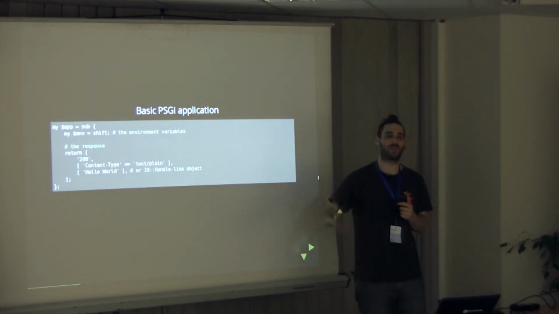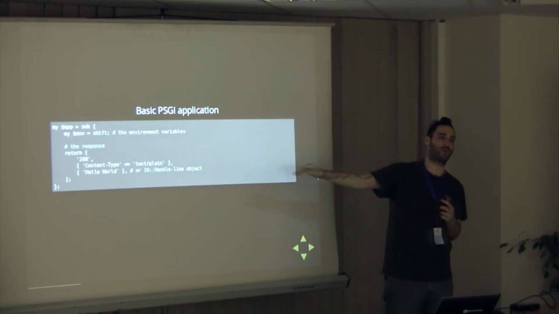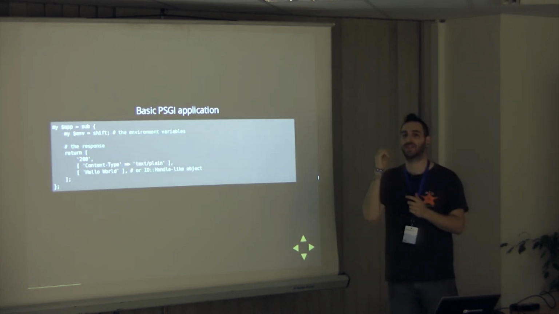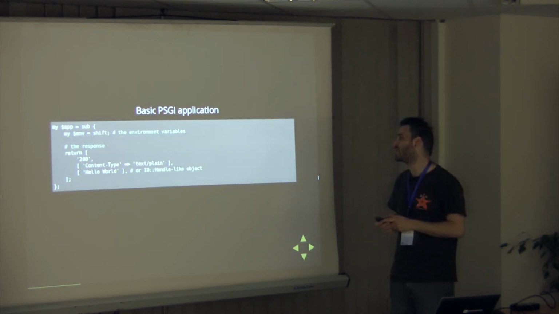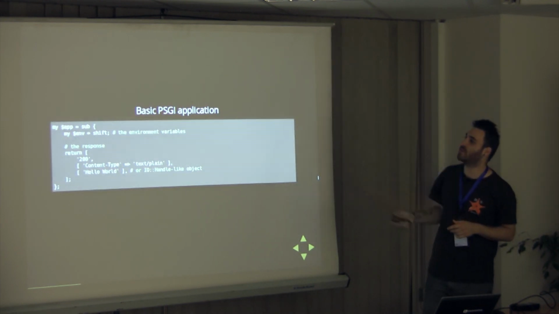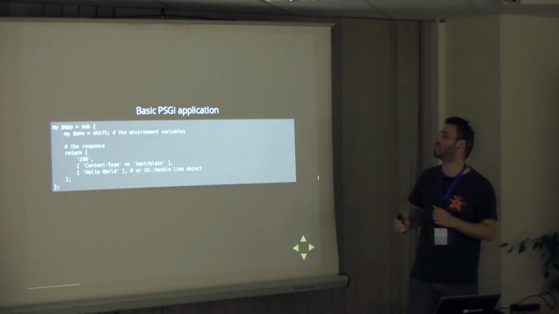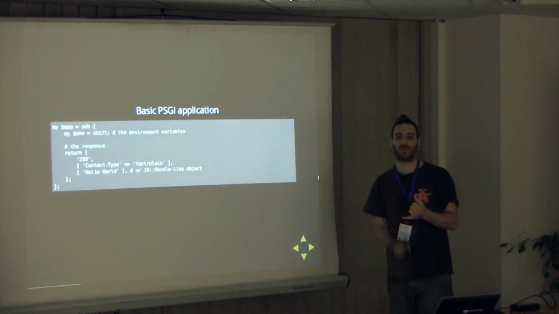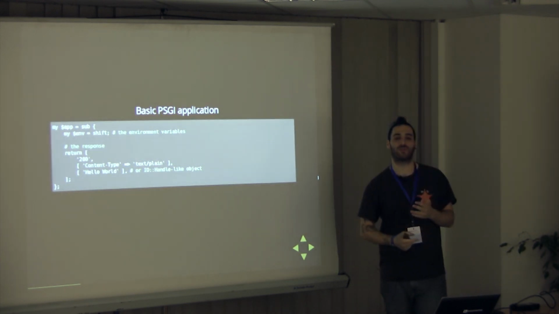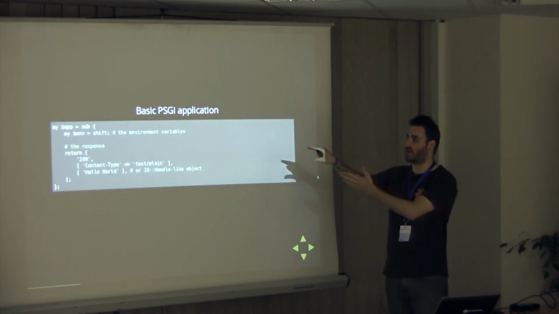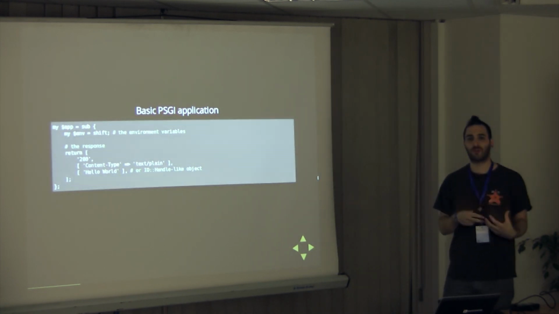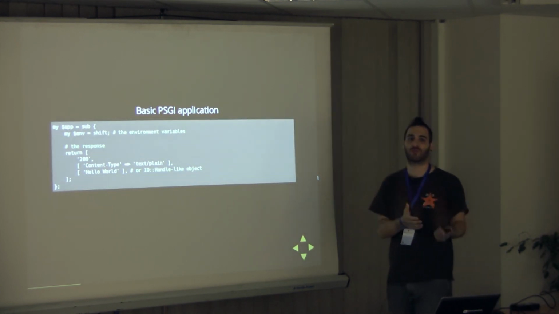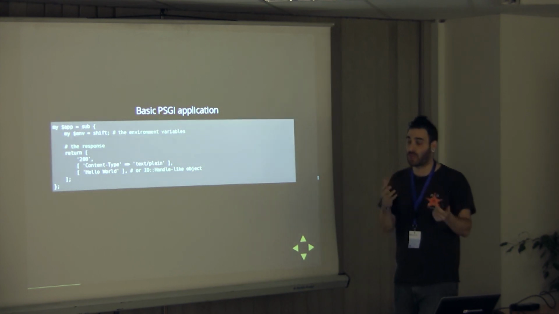So your code will get the request. Every request, this piece of code will be run. And this piece of code will always be called with the same parameters. Always. Exactly the same on any server. In this case, we actually get an environment hash. It's a hash reference. And it presents all of the environment variables that you have in a request. This could be the remote address, authenticated users, headers. Everything is in there. When you return, you have to always return the same thing, which the handler would translate to how your server expects it to be formalized.